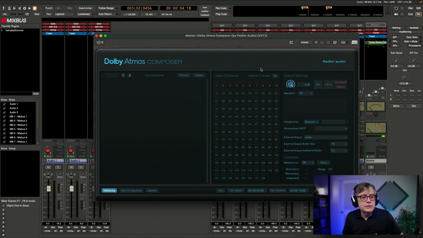And if you've worked with Dolby Atmos before, you recognize the layout here. You have the 128 channels that are in a Dolby Atmos master file, and you have the 10 bed channels here as well. Now, I'm not going to talk too much about how exactly that works. If you're interested in the details about what this composer can do, once again, I invite you to watch one of my previous videos. Here, I'm just going to show you why this is so convenient to use in MixBus.